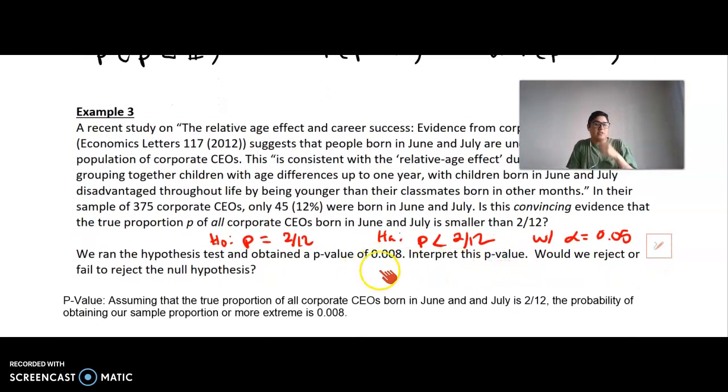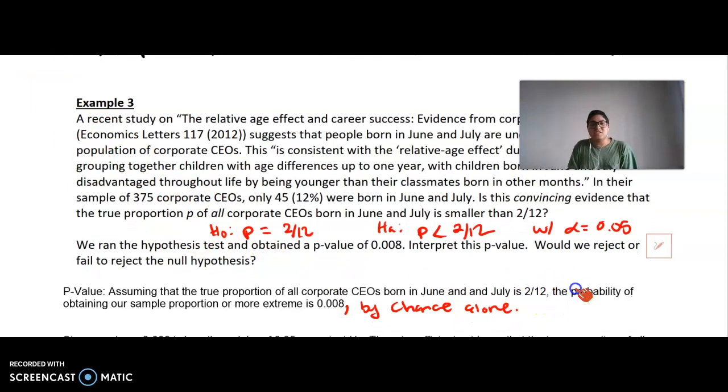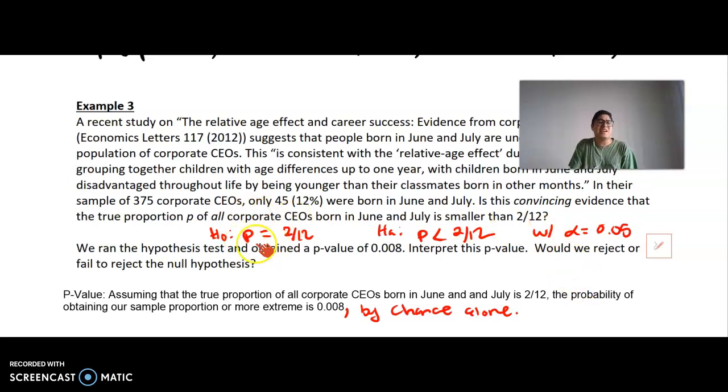Now, to interpret the p-value, we're going to say: assuming that the true proportion of all CEOs born in June and July is 2/12, so that's the claim, the probability of obtaining our sample proportion or more extreme is 0.008, by chance alone. So it's very unlikely that this would occur by chance alone, which means I can probably reject this claim. And there might be some evidence that it actually is smaller than 2/12, as we saw here,